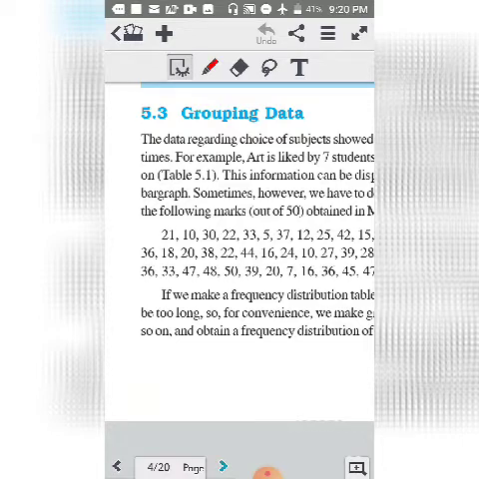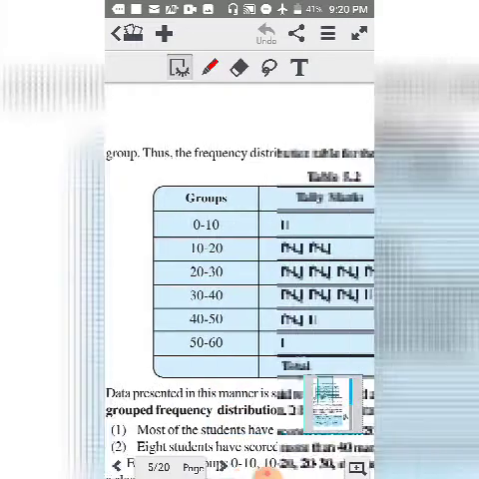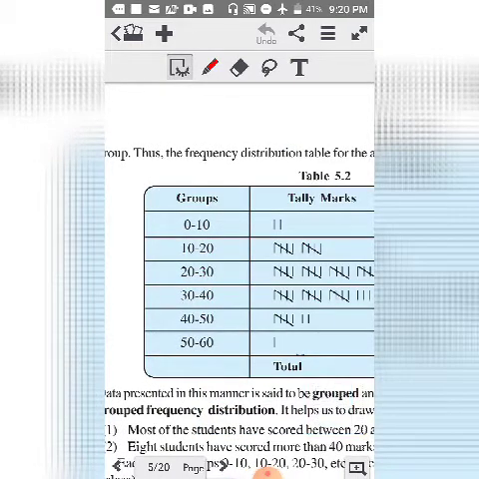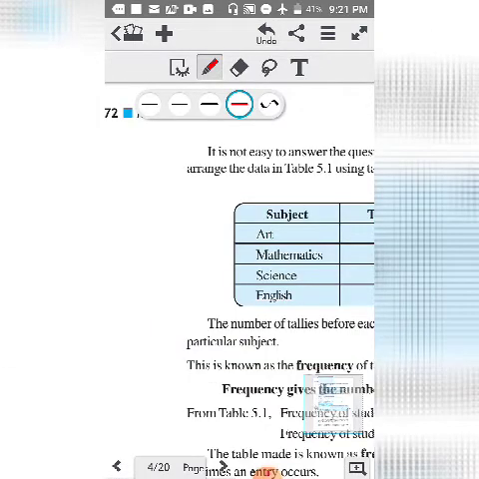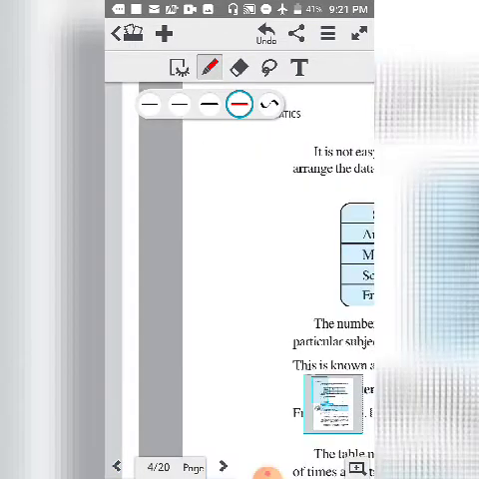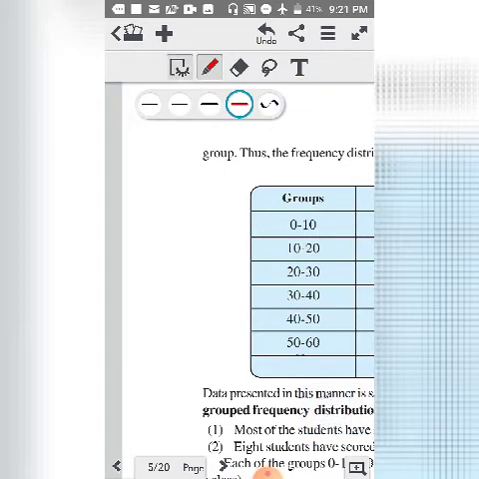So when we make groups, like this group 0 to 10, the first number is 21, so we will see that 21 will come in the group of 20 to 30. So we will put one line here, which means 21 is here. Suppose the next number is 11, so 11 will come in this group, so we will make a vertical line here. The next number is 45, 45 will come here, so we will make one line. So when the numbers are given, we keep putting the numbers in front of their groups so that we can count them easily.